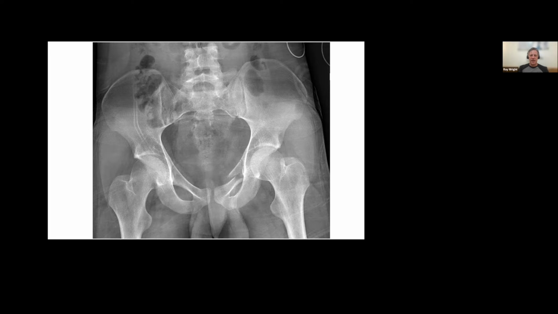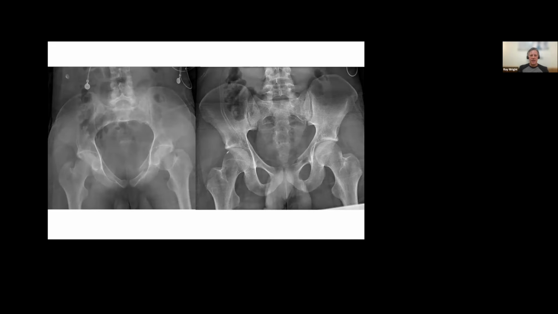But what I see that's pretty clear is disruption and almost, I'm hesitant to say fixed internal rotation of this, but he's got an internal rotation of this hemipelvis that is subtle but real, and it's a little bit hard on this AP radiograph to discern his sacral fracture anteriorly. Inlet view and outlet view, or sort of faux outlet view, Kentucky outlet view, I guess, demonstrates his deformity, which is not much. But again, I think his bigger issue was pain.